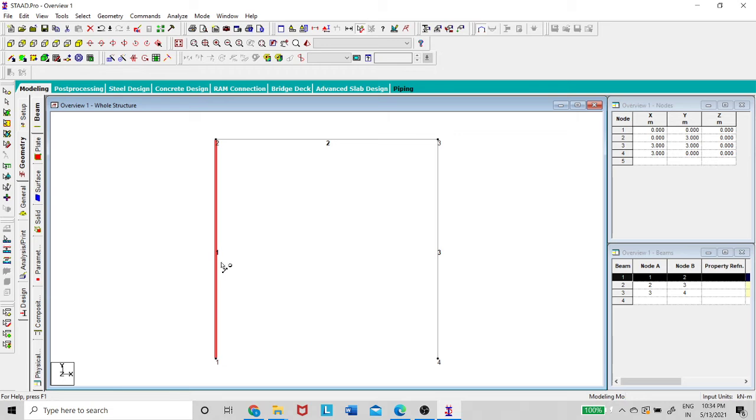Now you can see the first beam is between the first node and second node, the second beam is between the second node and third node, and the third beam is between the third node and fourth node. This is the order it will give, because, if you remember, I started from 1, so 1 to 2, from 2 to 3, from 3 to 4. This is how the node numbers are given by default.